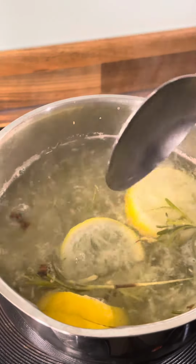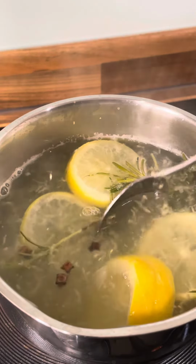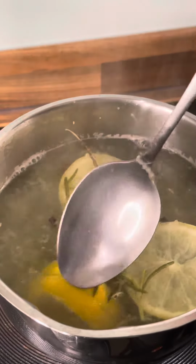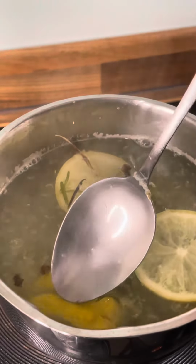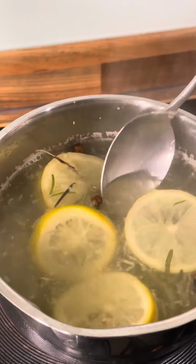Sure, if you don't have fresh rosemary, can you use the dry one? Yeah, you can use the dry one if it is organic. You don't want to use the one that has a whole heap of preservatives, because you're not preserving your body